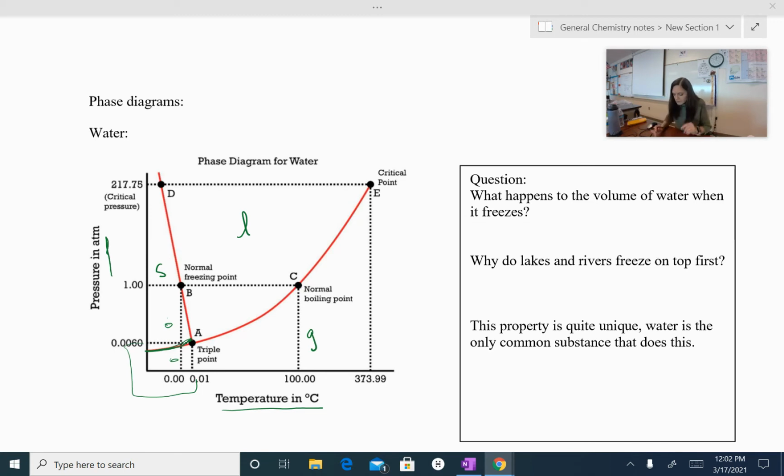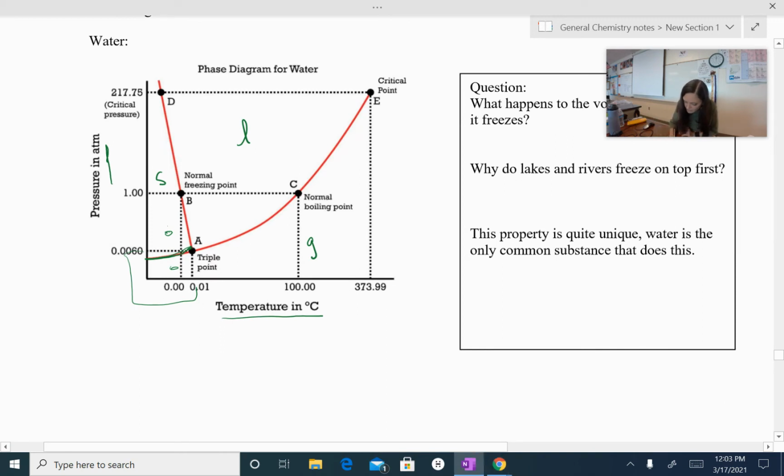I want to highlight a couple of things. So let's talk about point A here. Point A is called a triple point. And a triple point is a really unique spot, both pressure-wise and temperature-wise, where we have all three phases, solid, liquid, gas, all at equilibrium with each other. So it's the pressure and temperature